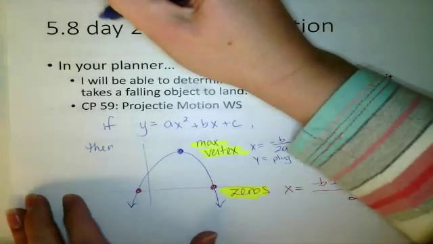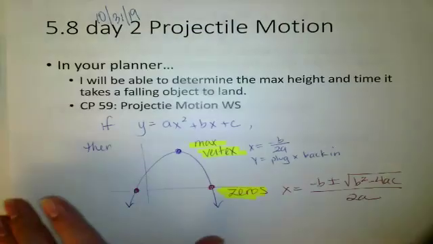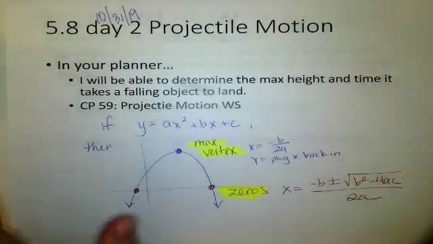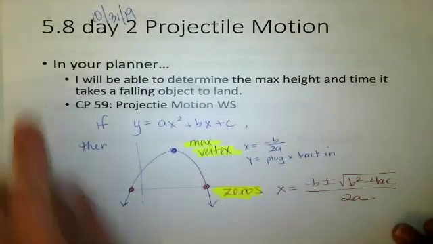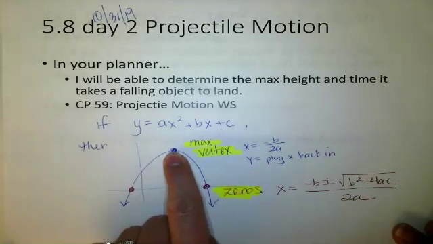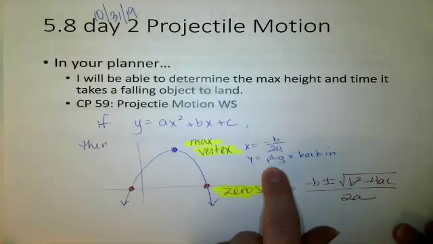So projectile motion is when objects fly through the air. Something is launched or shot or thrown into the air, then we can use a projectile motion equation, which you'll see on the next page. And we want to be able to find the maximum height of the object. That's always a useful thing. And we want the maximum, then we want to use and find the vertex, which is what we were doing